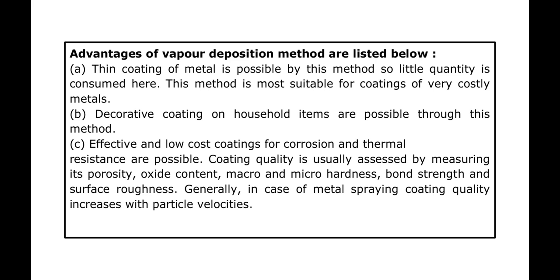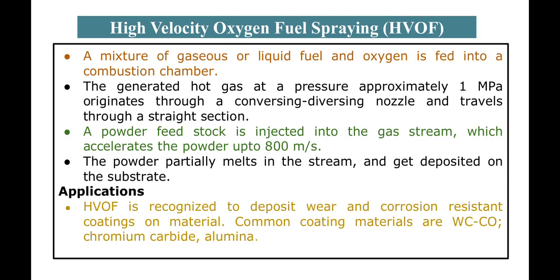Now let us discuss the next one, that is high velocity oxygen fuel spraying. It is one of the ways of metal spraying, and in this case a mixture of gases or liquid fuel and oxygen is fed into the combustion chamber where they are ignited and burned continuously. The generated hot gas at a pressure of approximately 1 megapascal originates through a converging diverging nozzle and travels through the straight section, and then the velocity of gases at